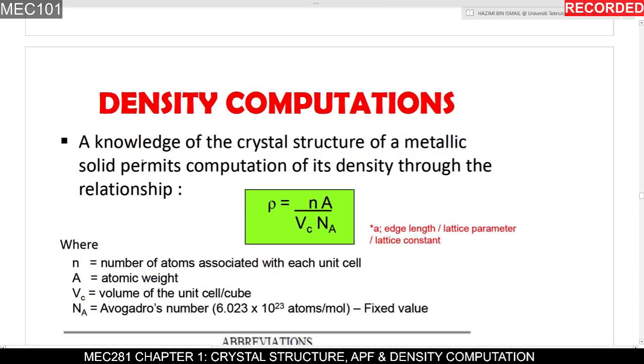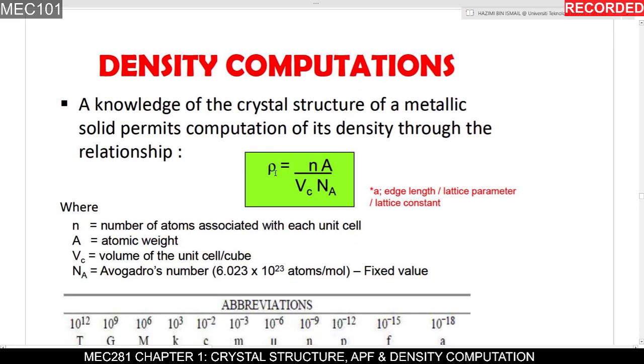Okay, knowledge of the crystal structure of a metallic solid permits computation of its density through the relationship. Okay, yang tadi kita kira APF, atomic packing factor. Sekarang ni kita nak cari density. Density apa? Density bagi structure tu sendiri. So rumus dia adalah density